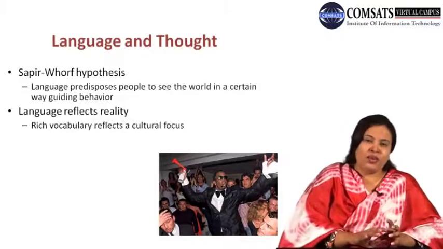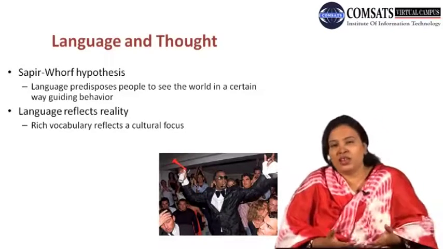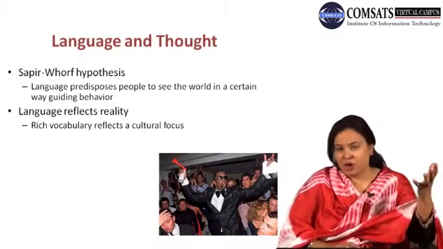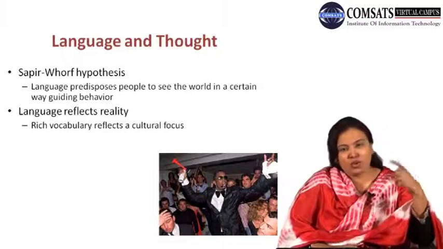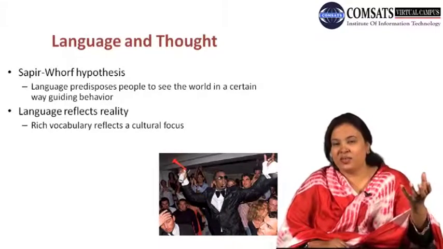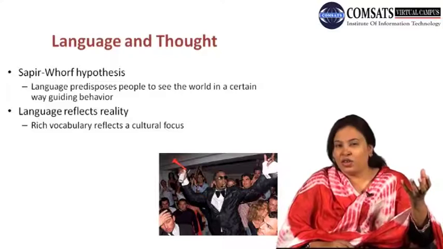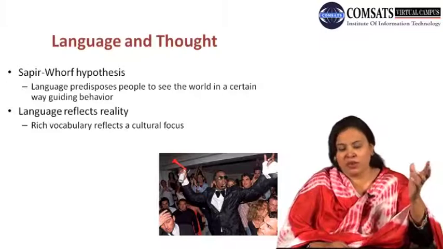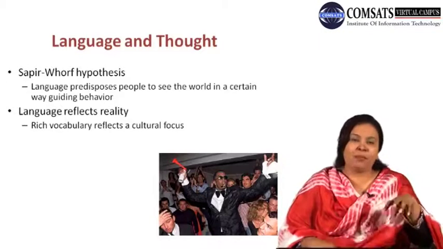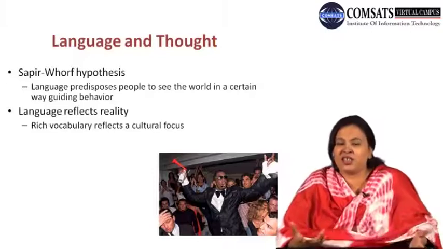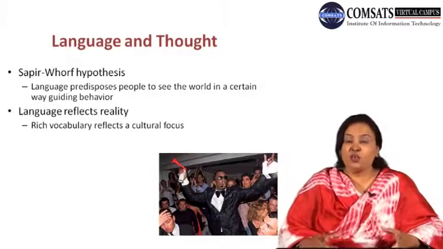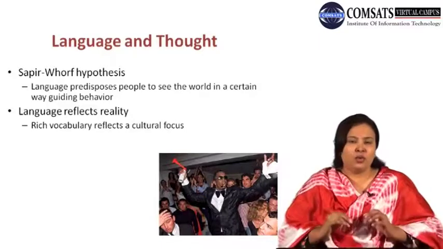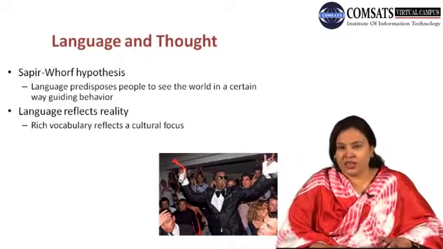So the other way around, language reflects society. Again, language is at the top level, and it reflects society. This is language which determines society, not the society which determines the language. Again, this is something objectionable in the Sapir-Whorf hypothesis, but our purpose here is not to criticize the theory, but just to present it to you, because it is a well-known theory. Whenever you study the language and society relationship, you will come across the Sapir-Whorf hypothesis.